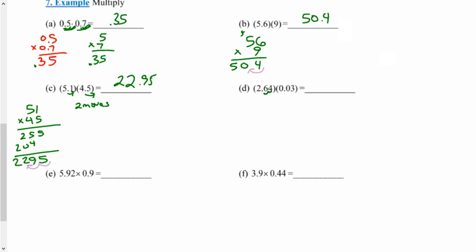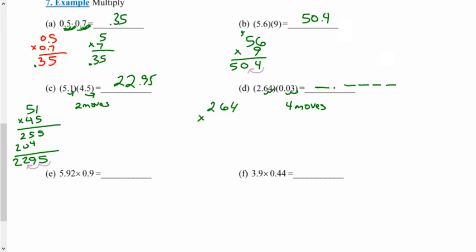Over here, I'm going to move the decimal 1, 2 places, and 1, 2. That's a total of 4 moves. My answer is going to have 4 decimal places in it. And then we'll have something in front. Maybe it's a 0. I don't know, but I know that my answer is going to look like that. So